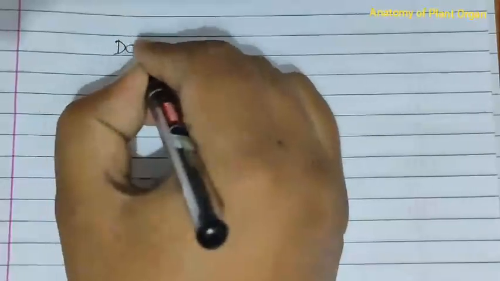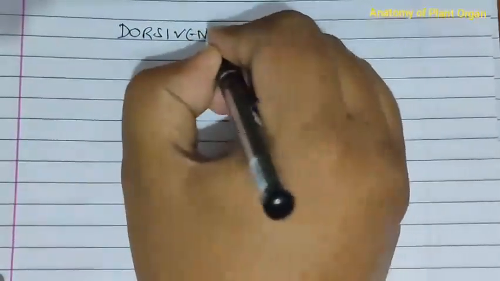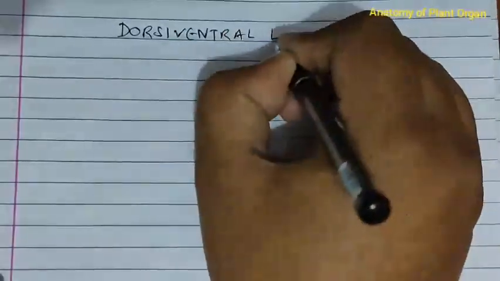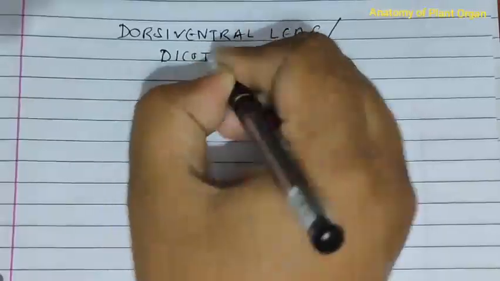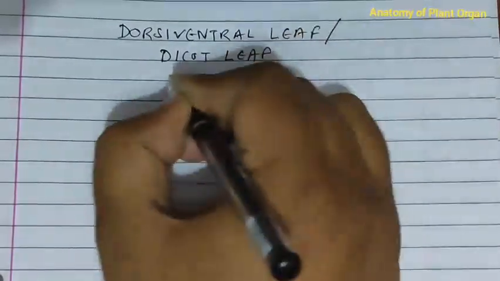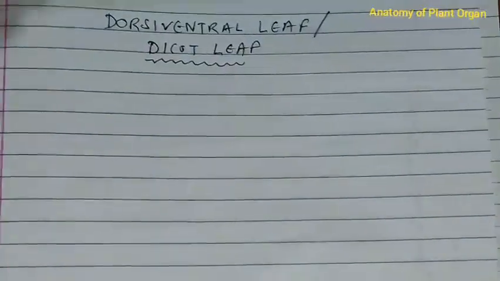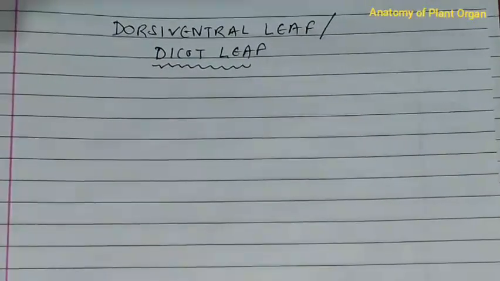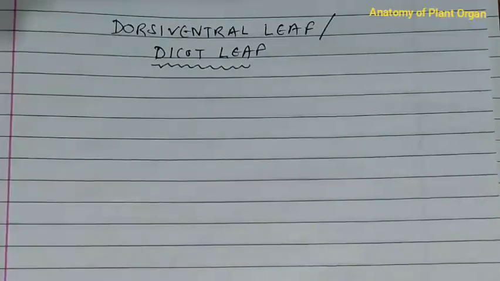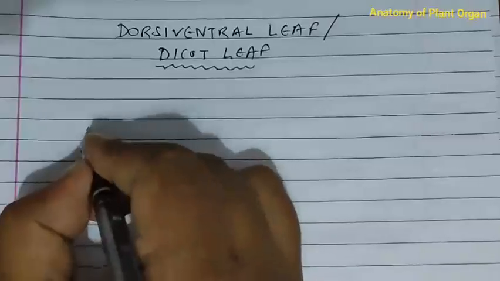Next we talk of anatomy of dorsiventral leaf or dicot leaf. So when we see the diagram of dorsiventral or dicot leaf, we come to know that if we take its cross section of leaf, we find that there is a presence of epidermis,